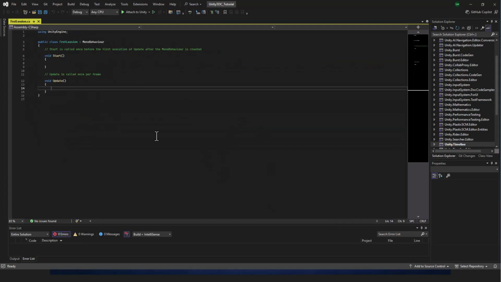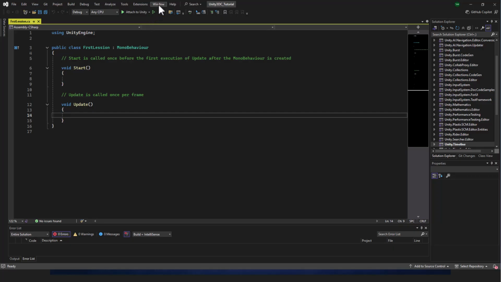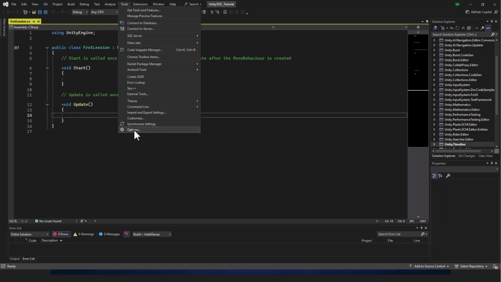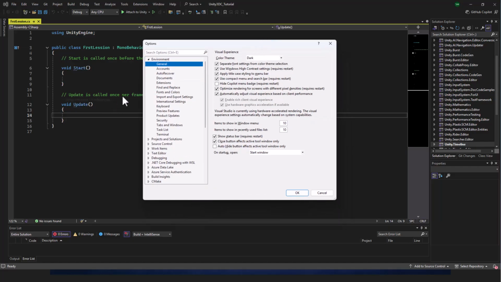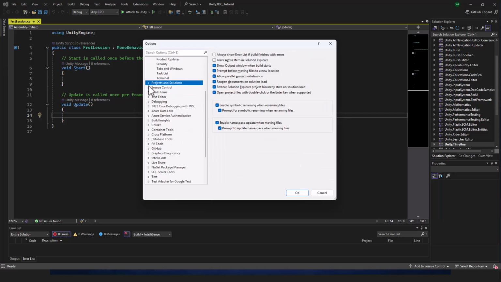And I'm also telling you some settings here. Go to the tool and then go to the option, and in general you can change the color theme from dark to blue, whatever you need. Project settings, project solution, if it is already ticked, please uncheck it, because it will cause more errors. Source control, you don't need that one. Work system, general,